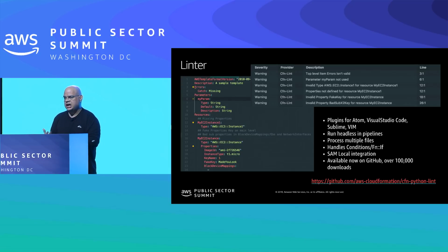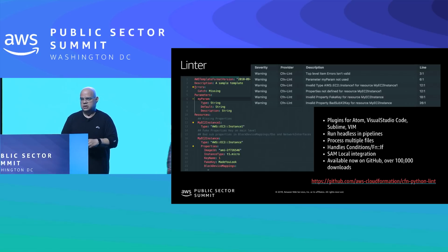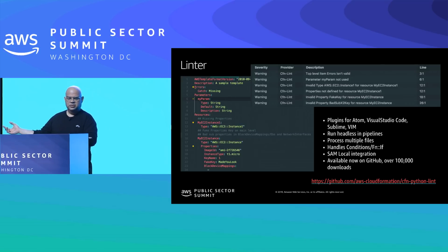So that's one thing that I wanted to highlight. Number two, especially if you have a lot of template files, the linter can go out there, and when it's open in VS Code, for example, it can automatically lint all the files in the directory. Number three, it leverages our resource spec, which not only the linter but other tools that we're going to be talking about today also leverage. And number four, we've gotten the question of, if I use the linter in my authoring, then do I need to use it also in pipelines? You can use it in pipelines as well.